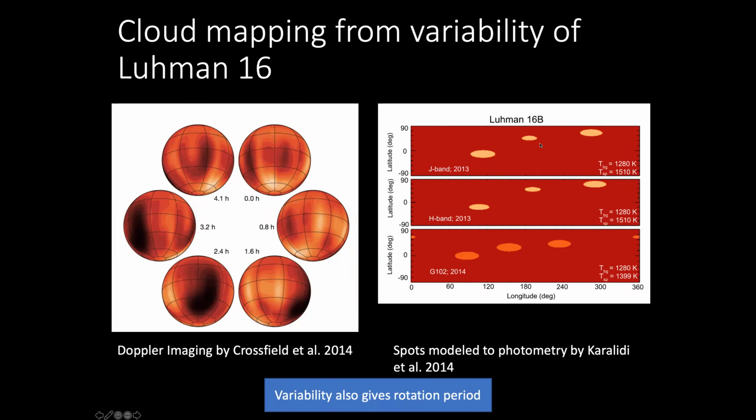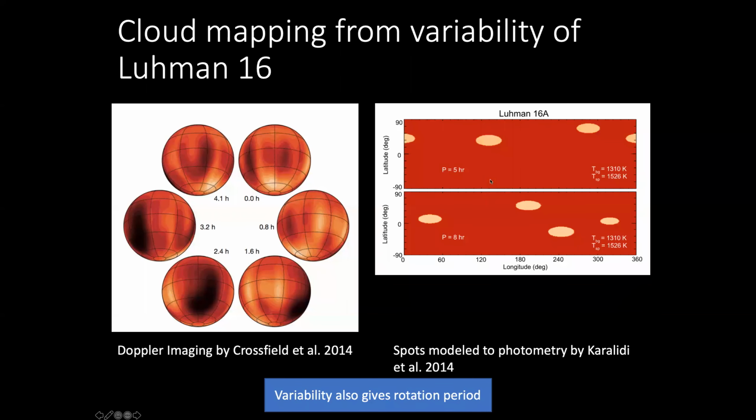You can also back out cloud spot maps just using photometry, though you can see the models are not quite as high quality. And this was all done for Luhman 16B, which is the more variable of these two objects, sometimes seeing variability on the level of 10% peak to valley. In Luhman 16A, there's been some work to do this as well, but in general, it's far less variable. And because of that, the rotation period isn't even well constrained. So with these huge variations in the Luhman 16 spot map,